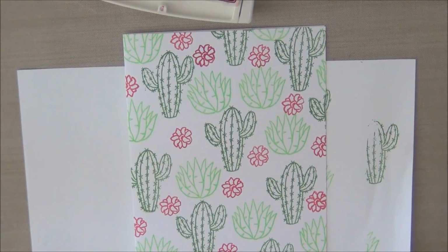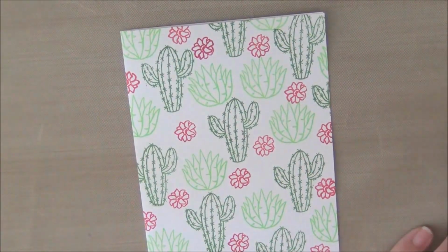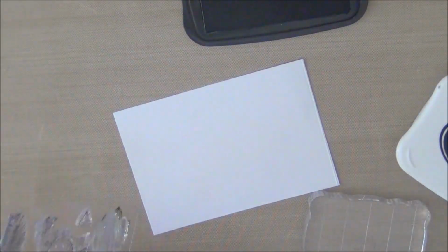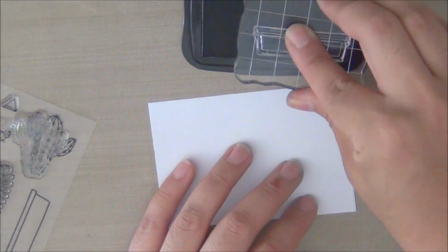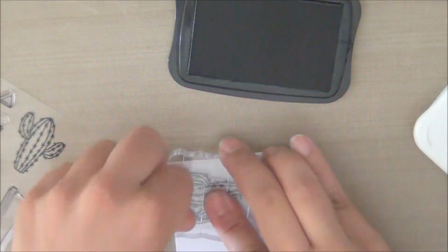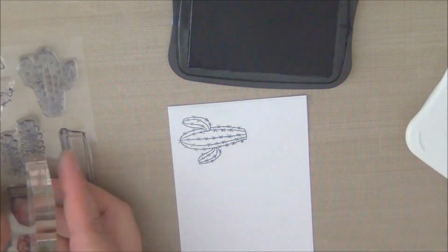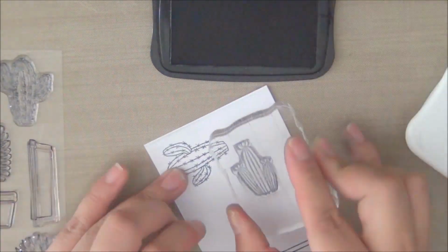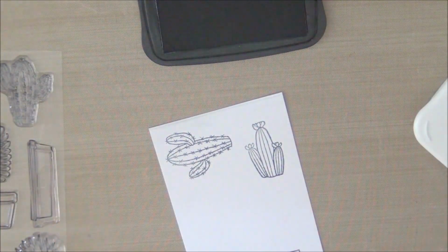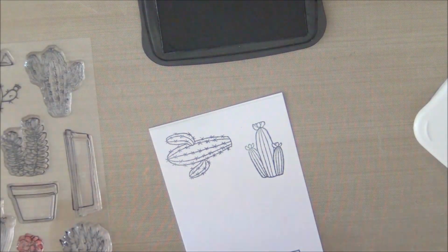Okay, so I'm going to set that aside. This is going to be what the final background looks like. And now I'm going to take my tuxedo black ink, and I'm going to stamp the plant holder, even though it's a little bit off camera. And I'm going to choose 3 cacti plants to color that are going to be the center of attention. I ended up picking this cactus right now that you guys are seeing me about to stamp,